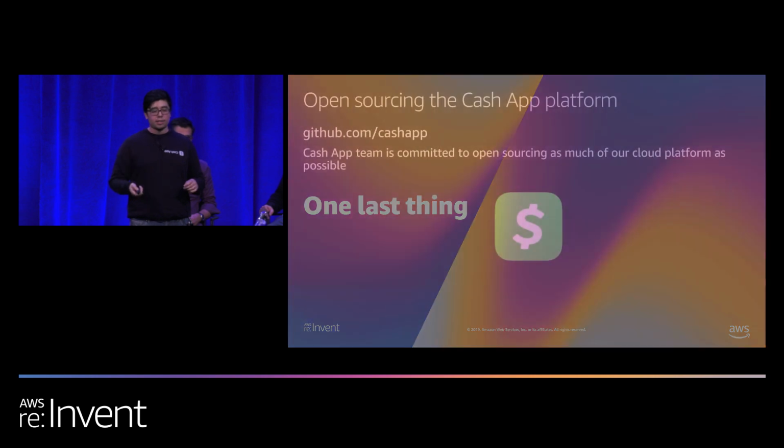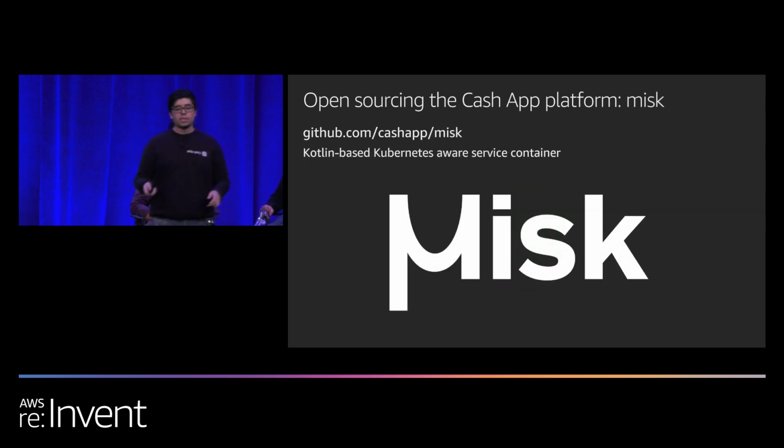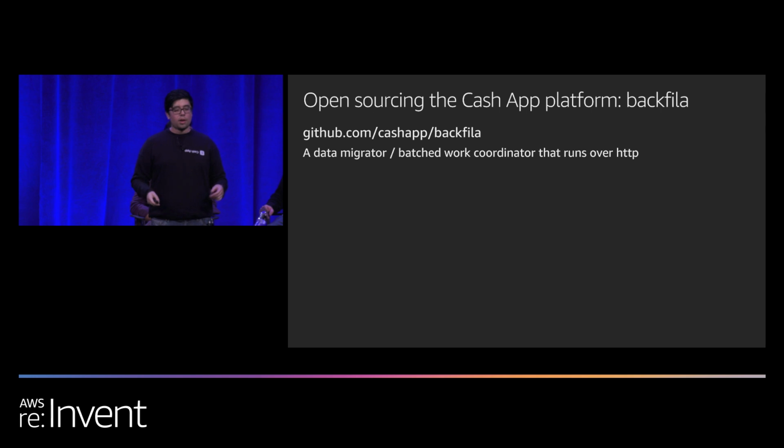And one last thing. We're committing to open sourcing as much of our cloud platform as possible. We'll be open sourcing our Kotlin-based Kubernetes-aware service container called MISC, our data migrator called Backfilet,